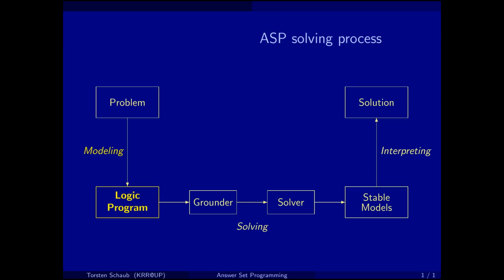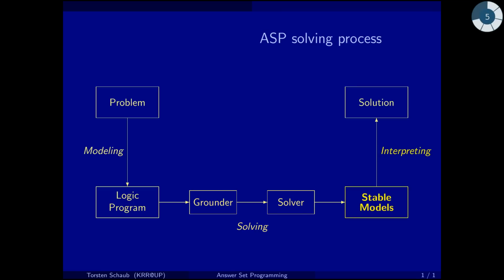In a first step, these first-order variables are eliminated by a grounder. It does this by systematically replacing all variables by ground terms in the language. As a result, it produces a propositional program that is free of all first-order variables and only consists of propositional atoms. Now, the resulting program is then taken by a solver that computes all classical or stable models of the